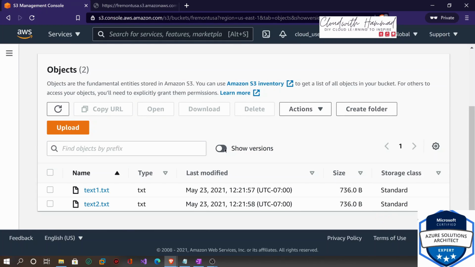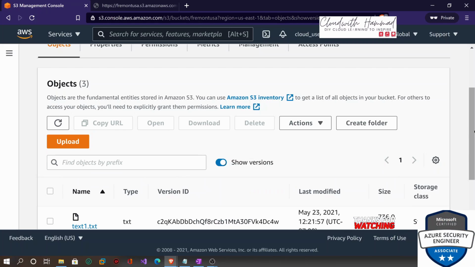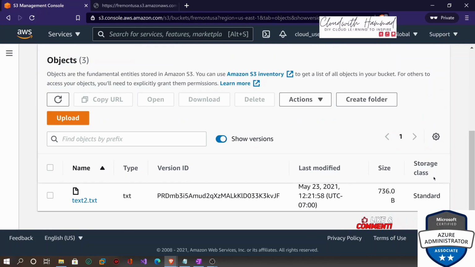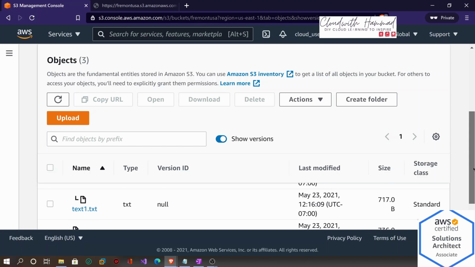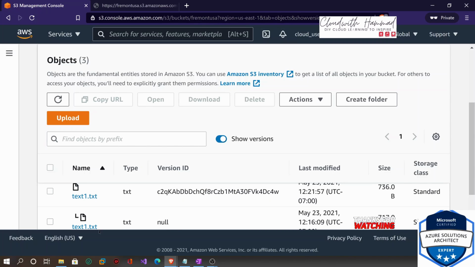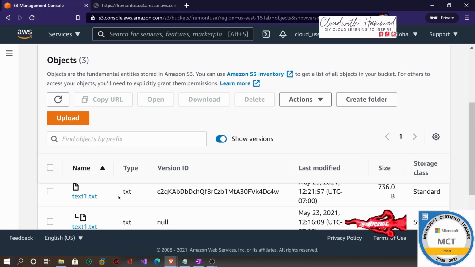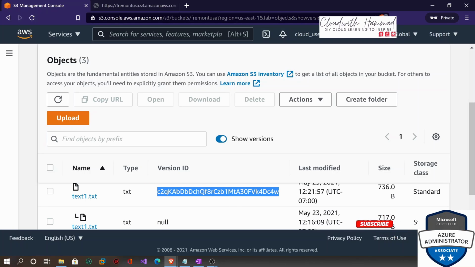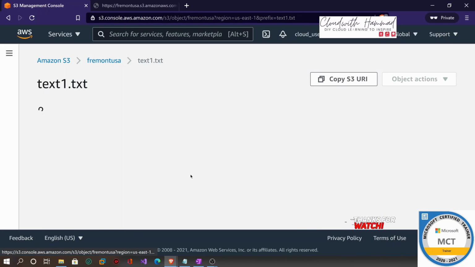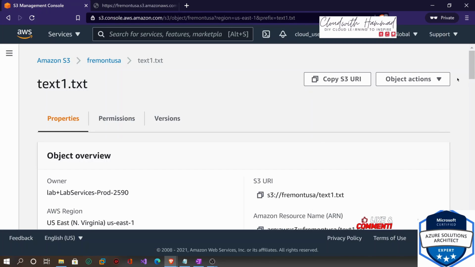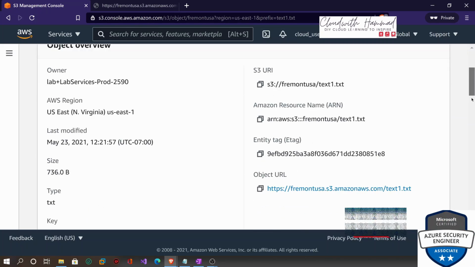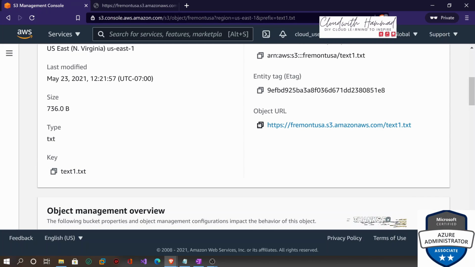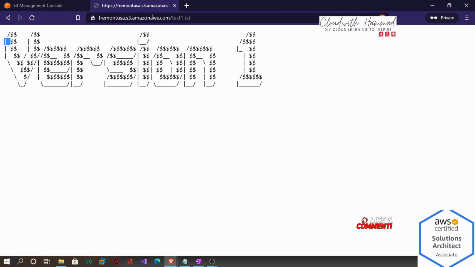So if I close here and I do show versioning, you should see that now there are two versions of text 1. One is the original one that we uploaded, the one that we saw with version 1, and there is another one that we uploaded with modification. And the version ID, this is the key ID. Version ID is generated automatically and tells you that there is another file. So if I click on this file, and I want to access that, I want to make sure that the permission is there. So